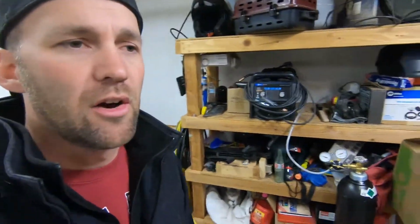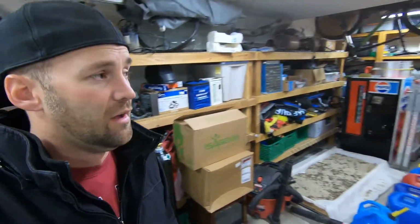As you can see in my garage, I have a lot of things, so space is at a premium in here. I need a welding table that will include some working surface, but I'd also like it to be able to hold my welder and of course my gas and all my consumables, you know, gloves, hammers, all that kind of stuff. So I kind of have an idea of what I want to build, but I wanted to bring